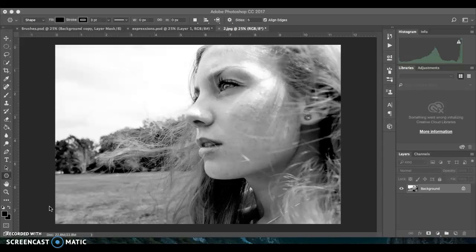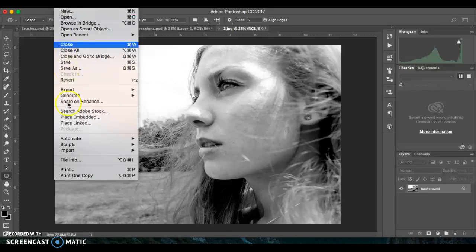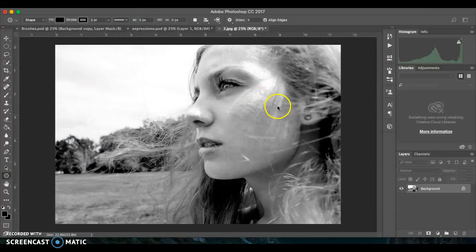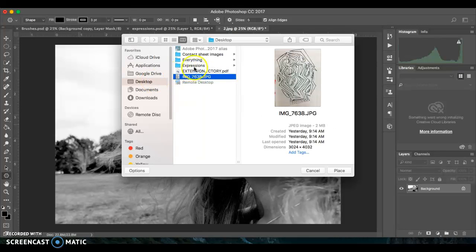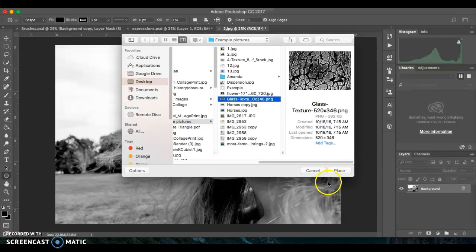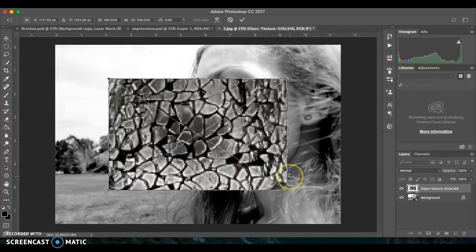So if you have a texture photo that you want to add to your image, you're going to go up and place it just like with the Cubist collage. So I'm going to go up to File, and then I'm going to go to Place Linked, and I'm going to find where I have a texture photo that I want to work with. Alright, so now that I have my image chosen, I'm going to hit Place,